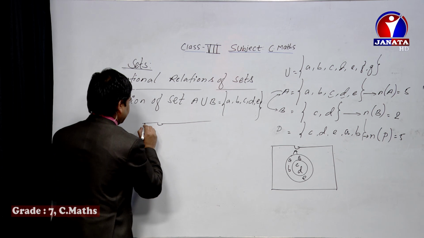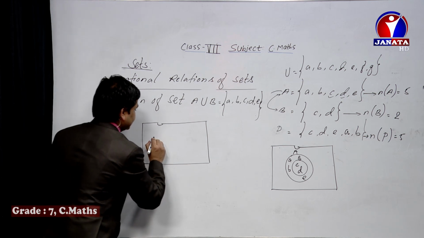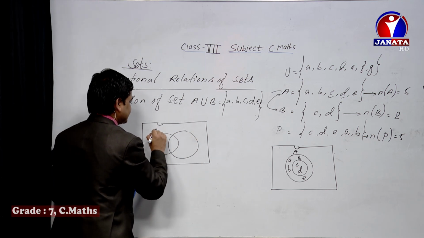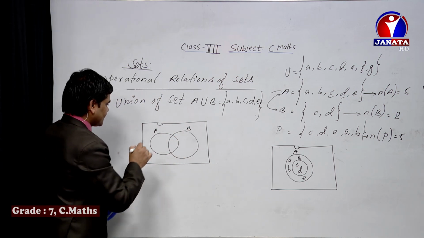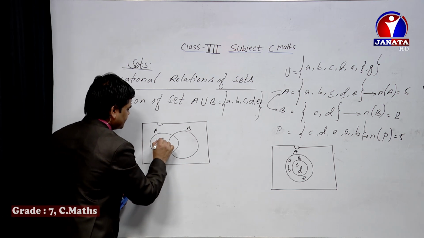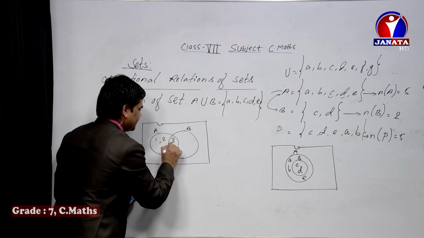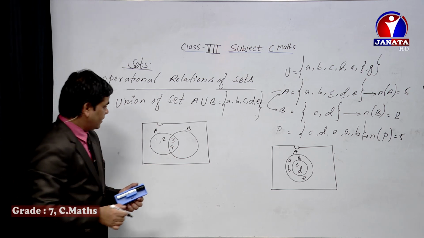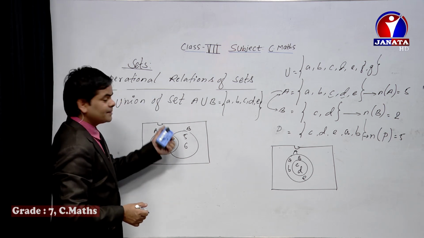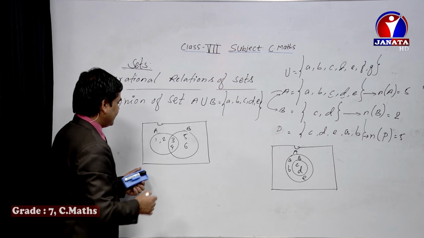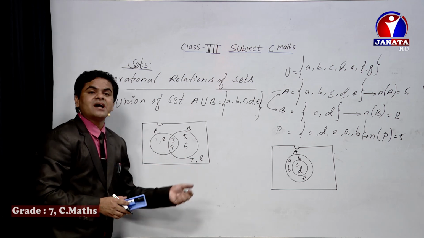Let's take another example, dear students, to understand. That was the case of a proper subset. So now another overlapping set, let's see what happens in the case of union while representing the elements of the union of two sets, set A and set B. Dear students, I'm going to take another example. So 1, 2, let's keep just two elements here so that it will be easier for you to understand. Another, here I'm going to keep 3 and 4. And again this side I'm going to keep 5 and 6. Of course, the universal set should also be there. It's a superset. That's why let's include other elements in here also, so that it will be easier to understand other parts of operational